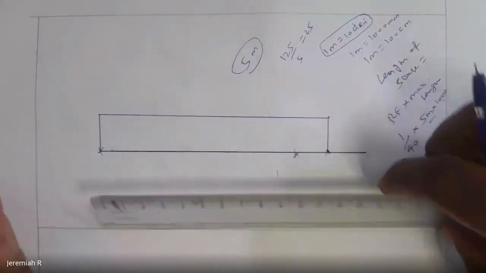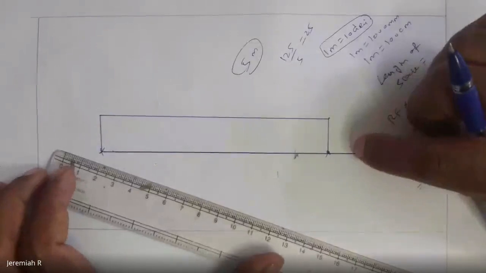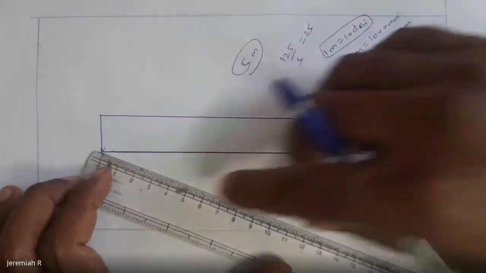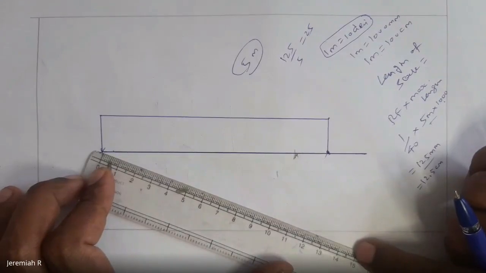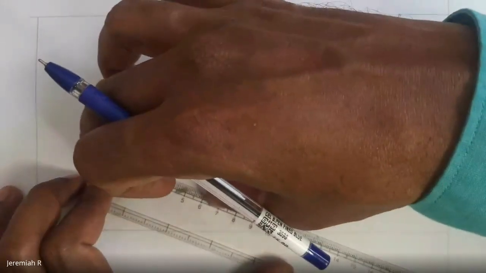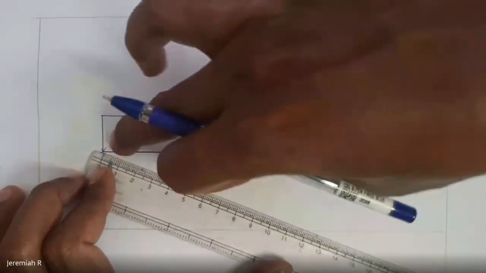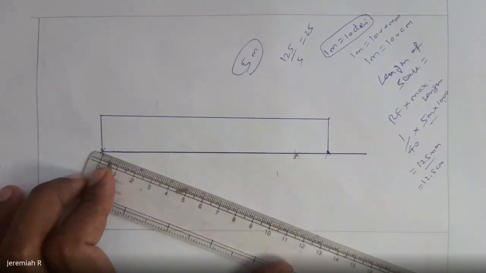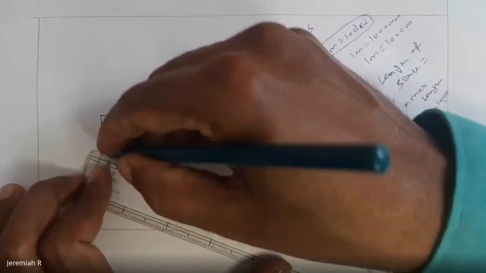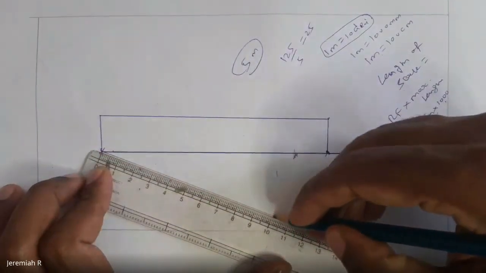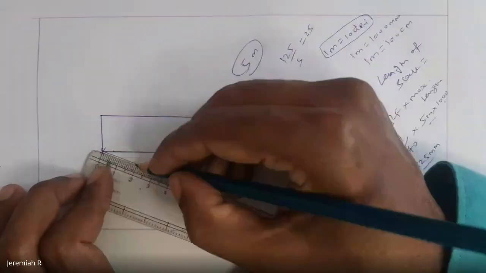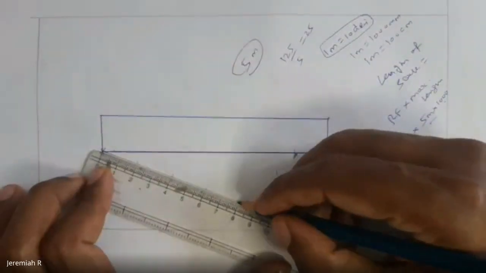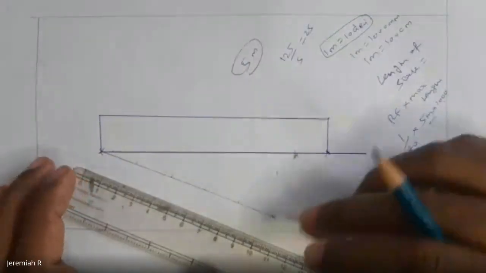Okay, so we already know how to divide a line into 5 equal parts. So draw an inclined line, maybe 30 degree or 35 degree or 40 degree, something like that. This line you have to divide into 5 equal parts. So what you have to do? Okay, I'm just taking 10. I'm going to divide this into 2, 4, 6, 8, like that. I'm just dividing this line into 5 equal parts.